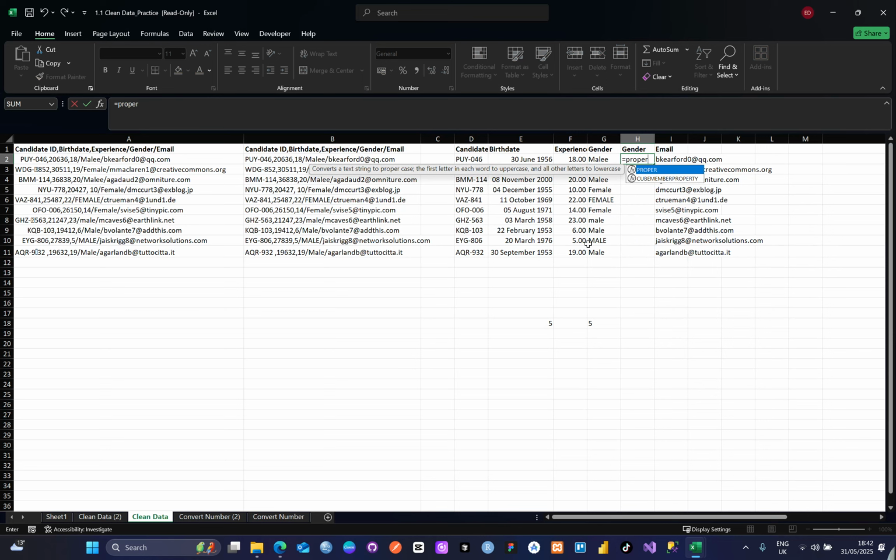Proper, open bracket. Then you choose the cell. You close this. Then you click enter. Answer bar. All you need to do is to double click once the plus sign